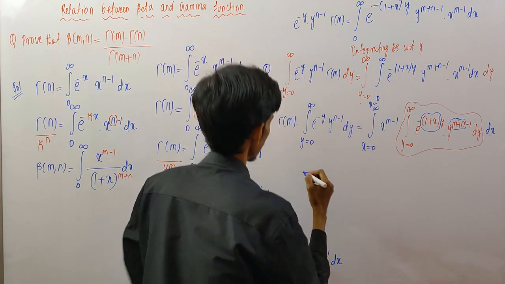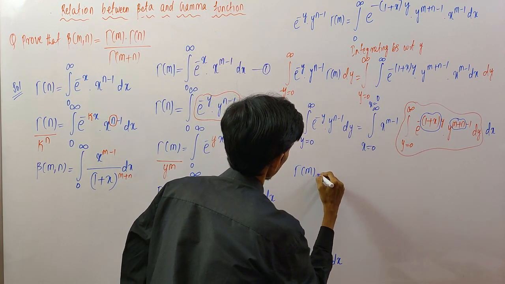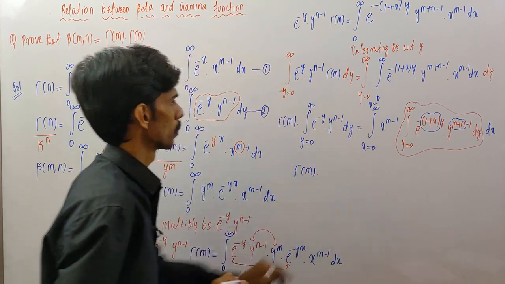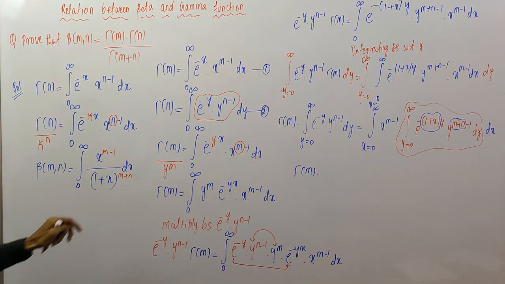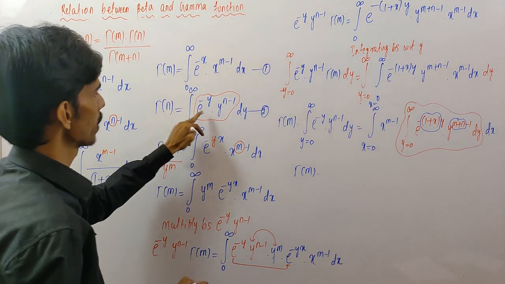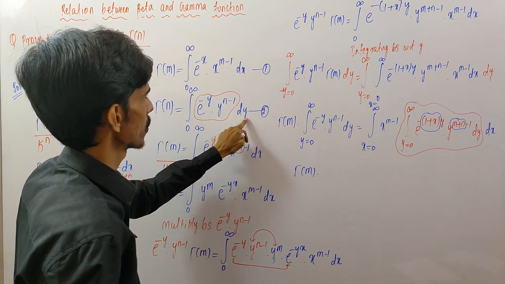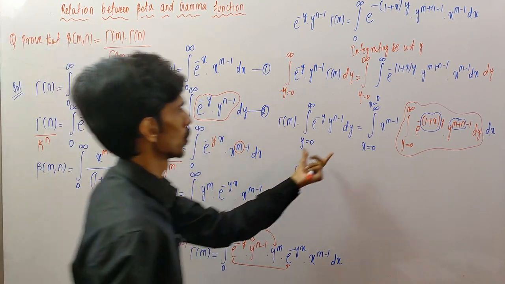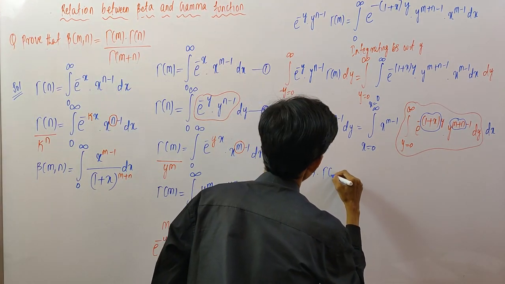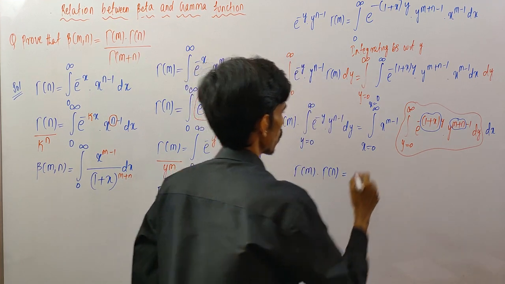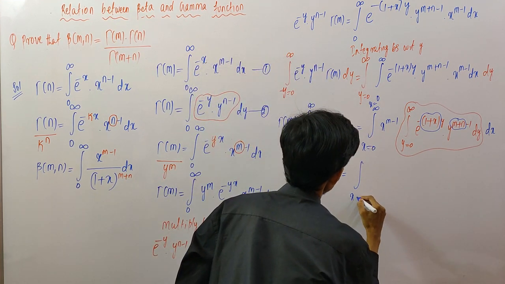Now here I have gamma of m into this value. Here I have 0 to infinite e power of minus y into y power of n minus 1 dy, whose value is gamma of n. So this term gamma of n